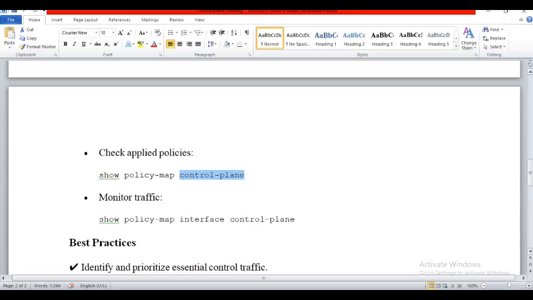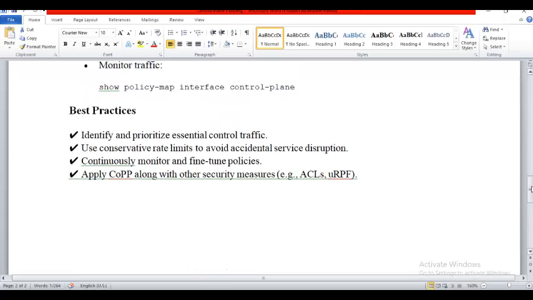Best practices. Identify and prioritize essential control plane traffic. Use conservative rate limit to avoid accidental service disruption, meaning you need to know how much to set as a rate limit. Continuously monitor and fine-tune policies.